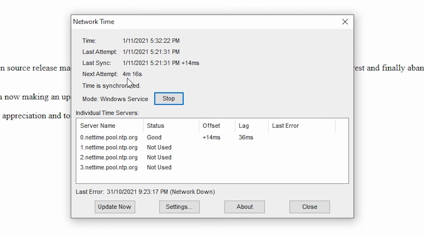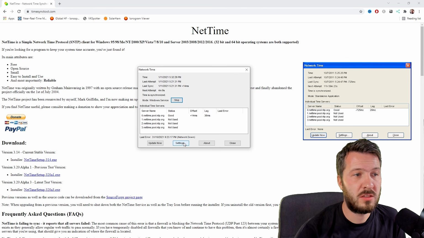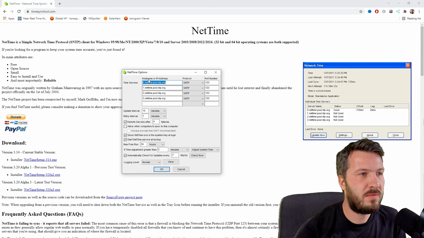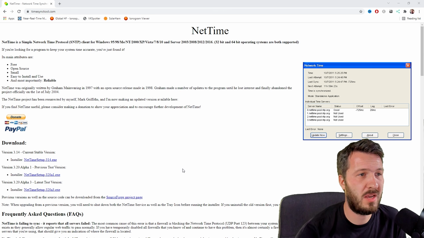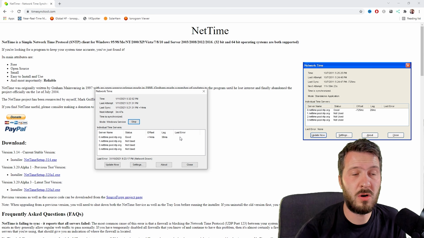Here it is, and it's free. It's going to synchronize again in another 4 minutes. Once you download it and install it, very simple. Just go to settings. You can leave the default host names here. You can change the time servers if you really want to, but I just change the update interval to every 15 minutes. I think this is set to every couple of hours by default. Just change it to 15 minutes, and then it will update automatically for you,